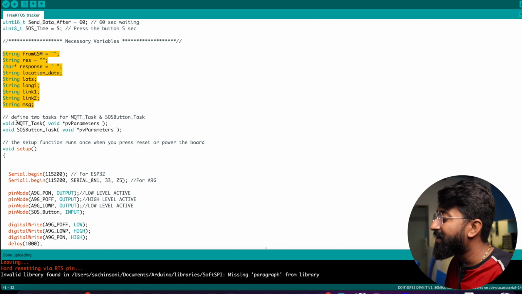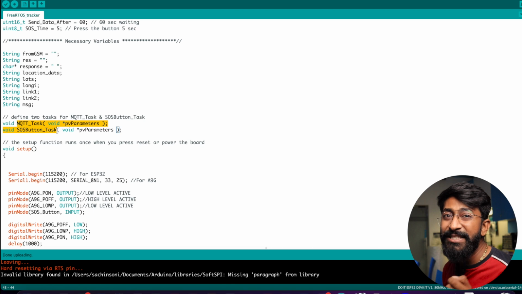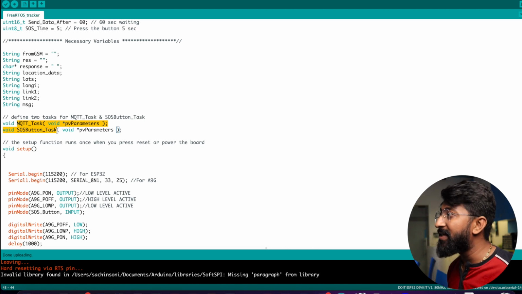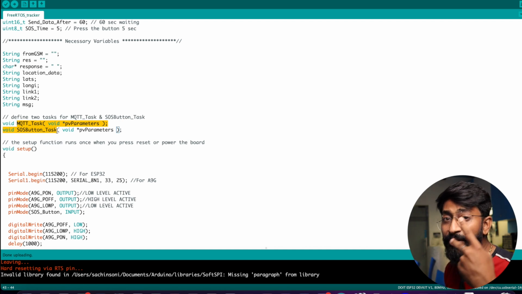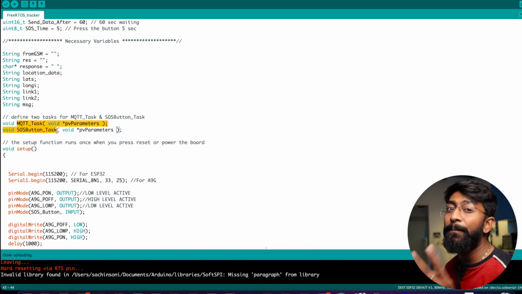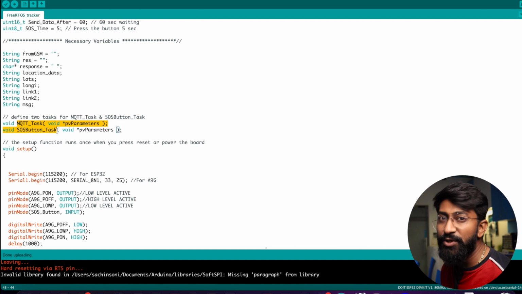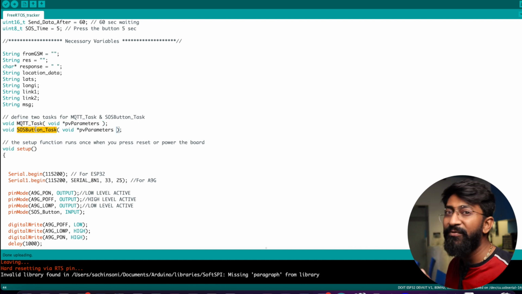Now here is the change in the code. I have made the code based upon tasks. This is a task based code in which I have made 2 different tasks, one of which handles only MQTT based services, and the second is only responsible for SOS triggering and SOS activities. So the MQTT task and the SOS button task are 2 different tasks running in parallel,